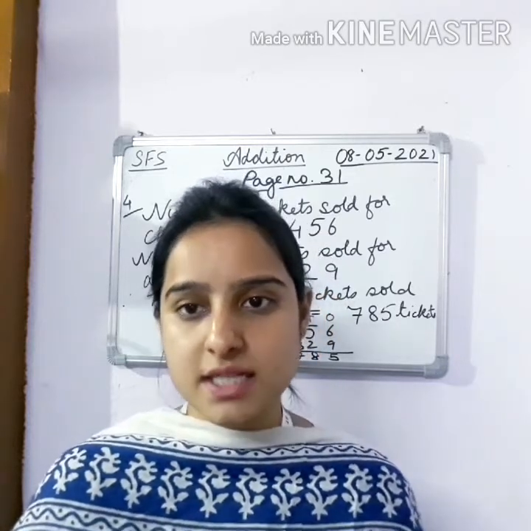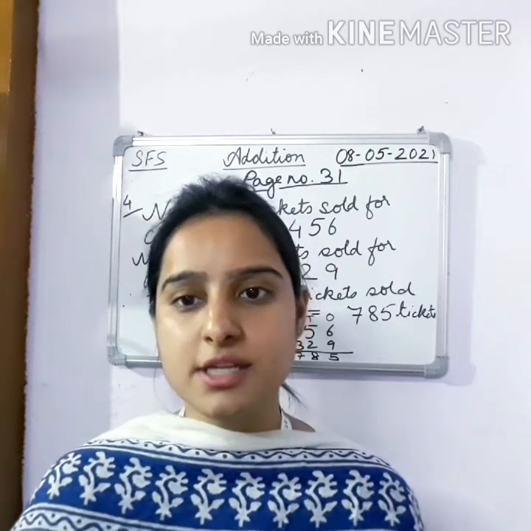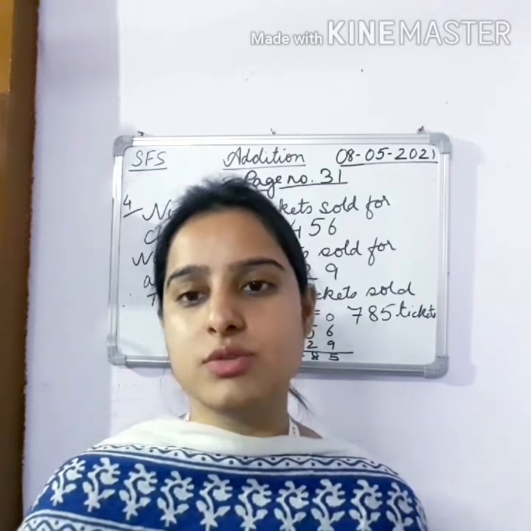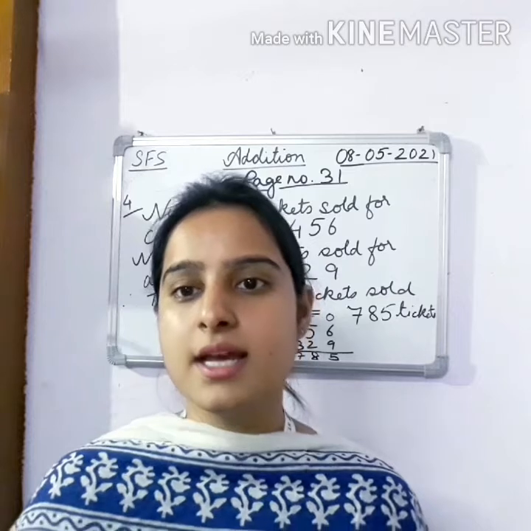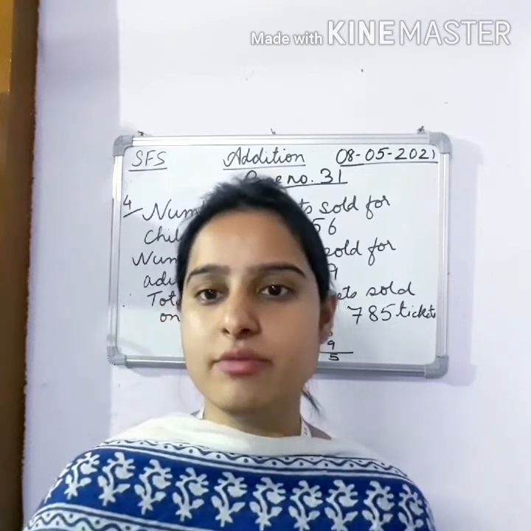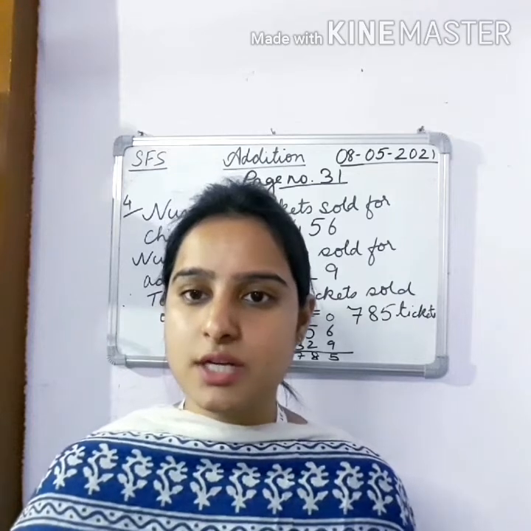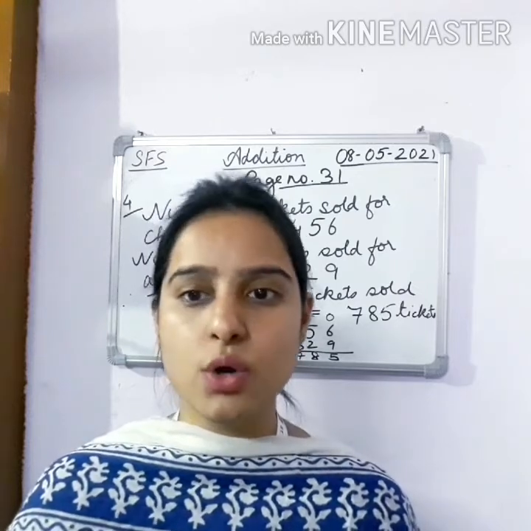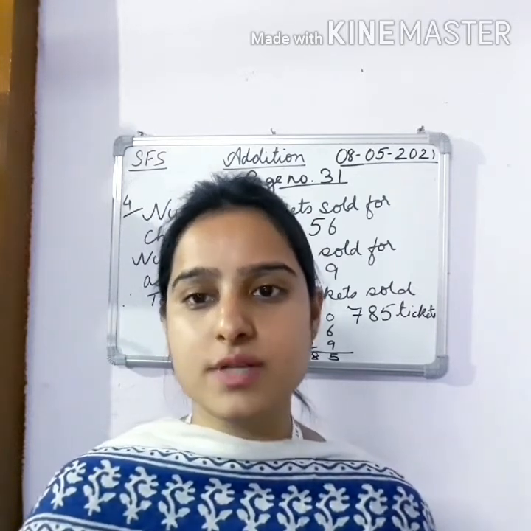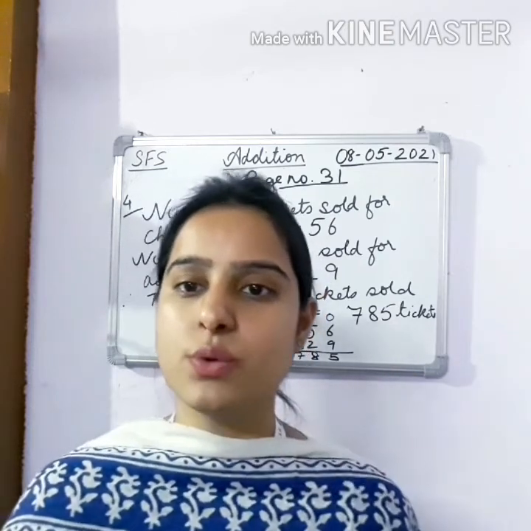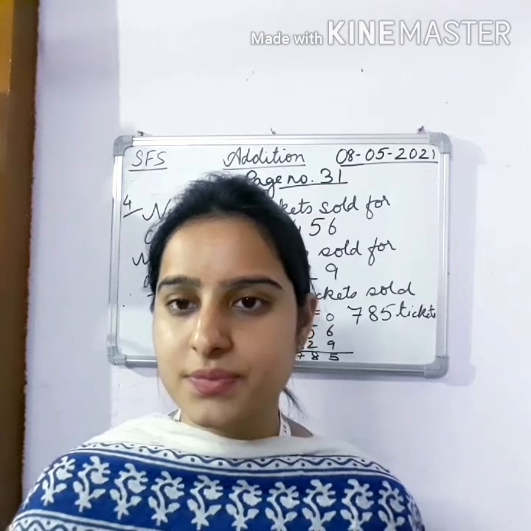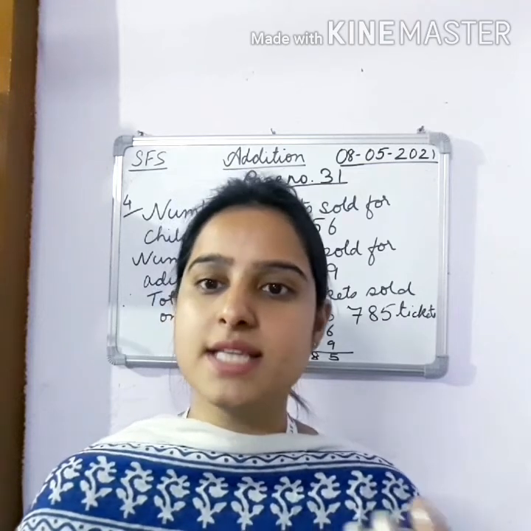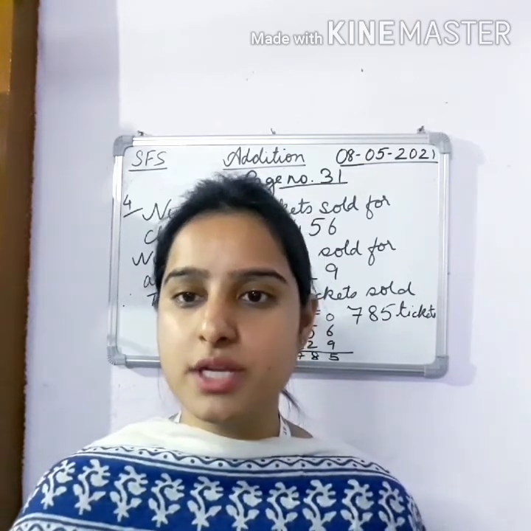So children, what have we studied today? We have studied addition with and without regrouping, right? So how to do addition of 2 or 3 digit numbers, how to arrange those numbers and do addition with and without regrouping, right? So next children, we came across words like addend, sum, all together. So sum, you know what it is, the answer which we get after adding the numbers, and the numbers which we add are your addends. Okay. And the word altogether, in all, when these types of words come in the application based question, it means that we are going to do addition.